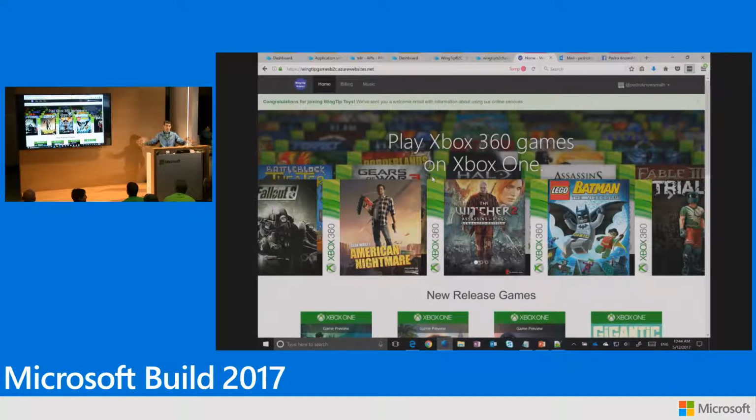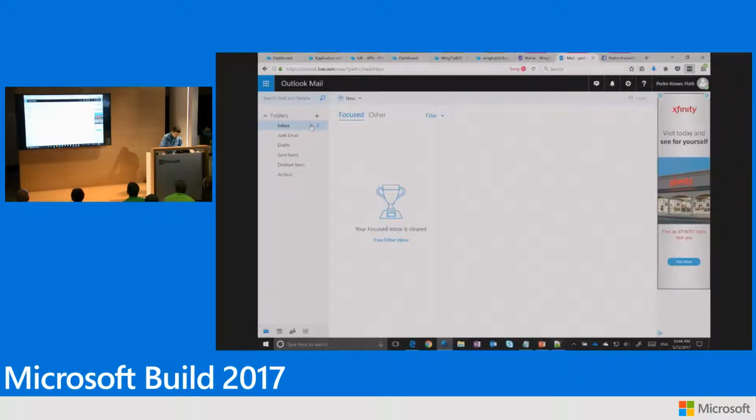Now I'm in. Last step of the auth flow. We've actually configured it to send an email. So, this is possible today in Azure AD B2C in the sense that you can put code in your application to do this. If you want all of your applications to do this centrally as part of the auth flow, then you can configure it in Azure AD B2C via custom policies so that your applications don't have to care about any of that. So you can go over here and see that Pedro has now received an email